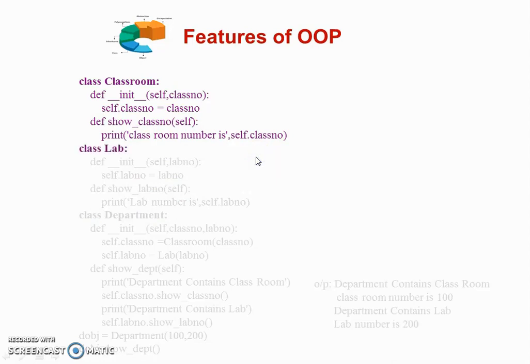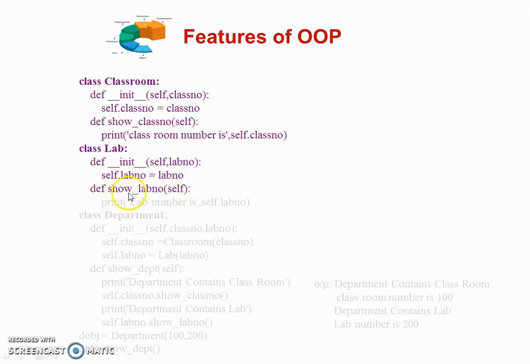Then we define another class, Lab, in which again we use the class constructor, the __init__ method, with the parameters self and lab_number, and we initialize the lab number by using self.lab_number = lab_number.